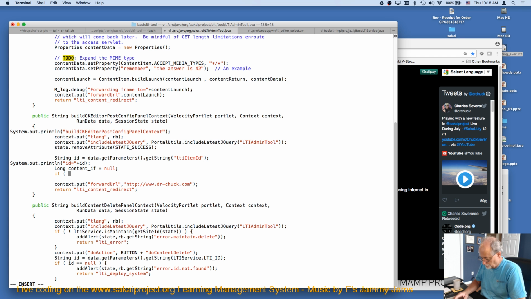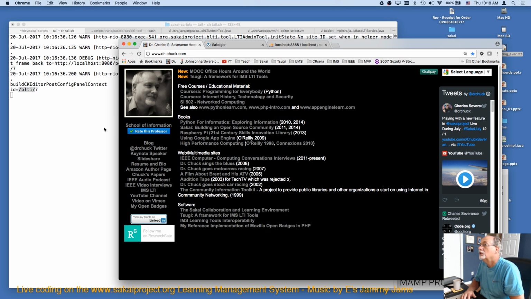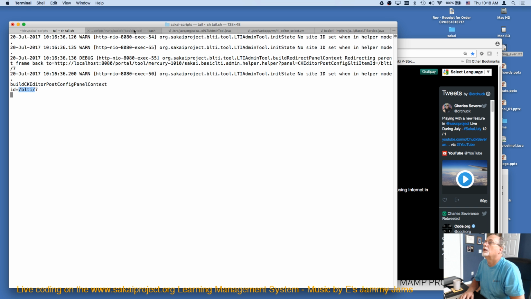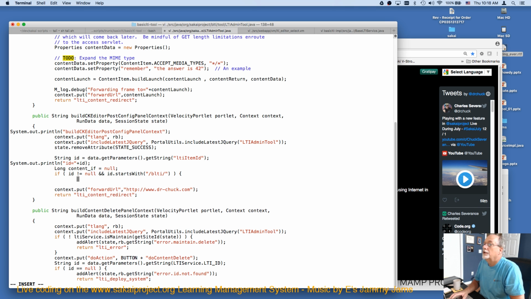If ID length greater than 0, or ID not equal null and ID dot starts with... walk on. And